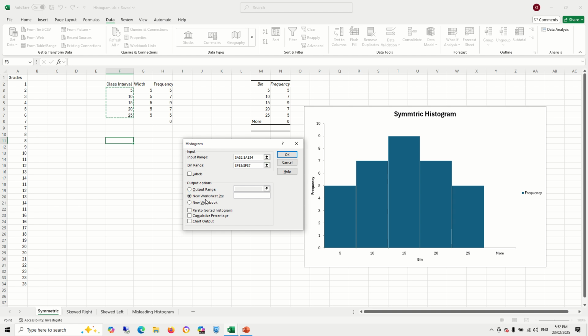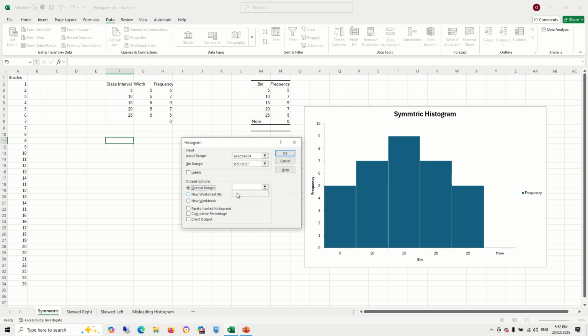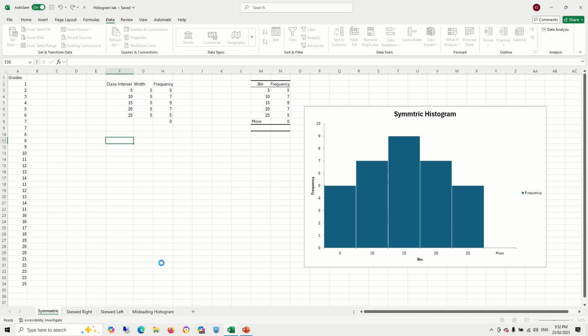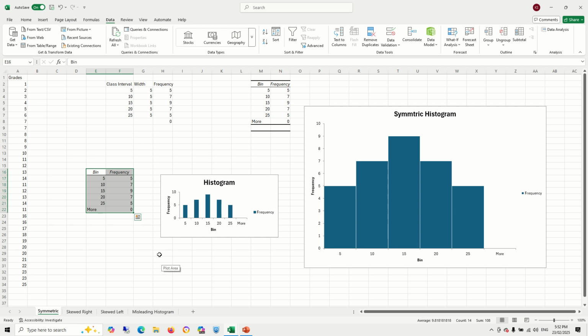Third, is it a new worksheet? Okay, let us put it in the same output range, make it in the same worksheet here. And there is a chart option to show chart as well. Then click OK. Now look, Microsoft Excel has automatically drawn a bin column and the frequency as you see, and